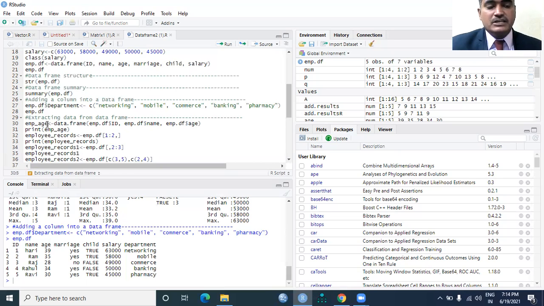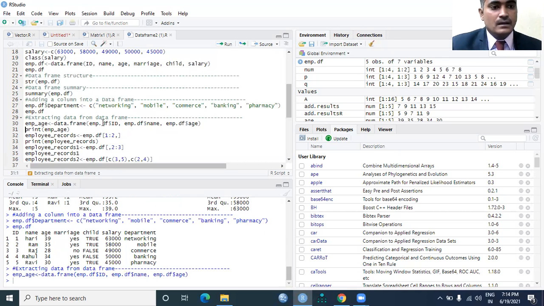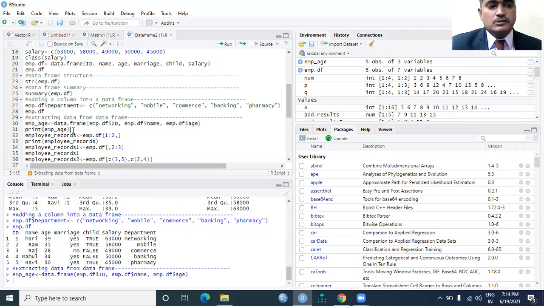So I created a new variable employee_age with the left assignment operator, and with the help of the data frame function, I would like to include only these three variables from the employee.data frame file. Now execute this.